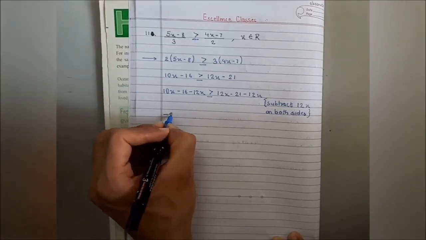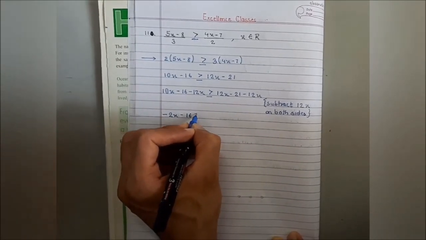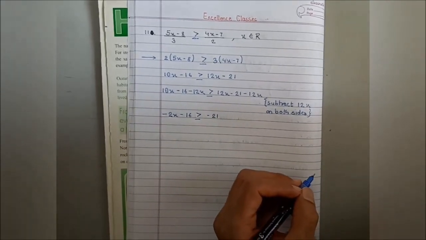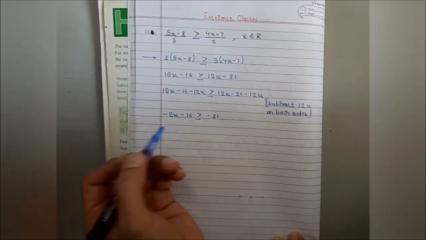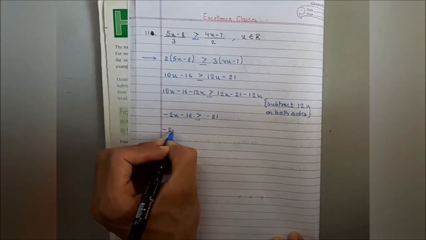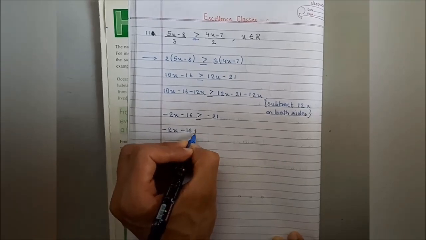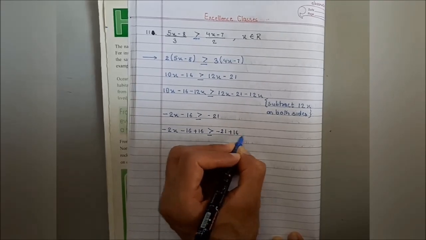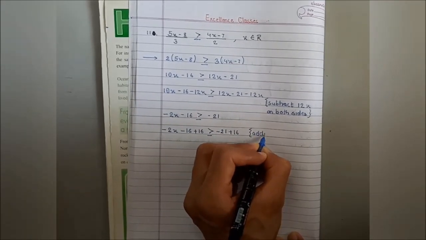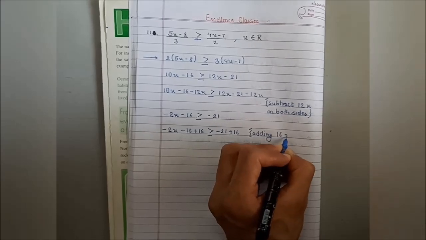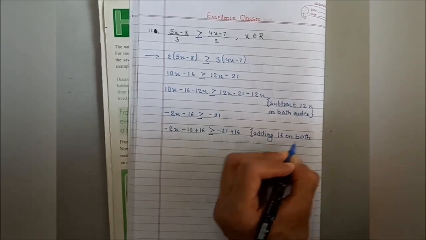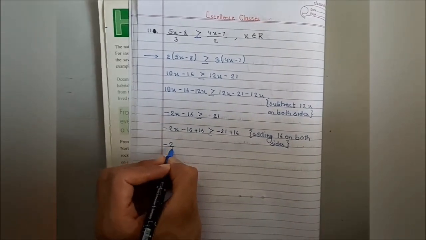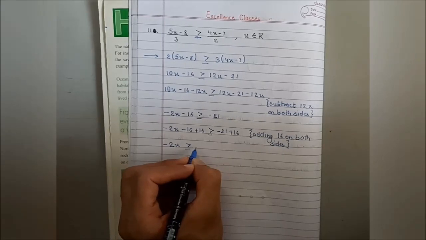So here what I get is minus 2x minus 16 greater than or equal to minus 21. Now my next step is to remove this minus 16, so I'll have to add 16 on both sides, which gives me minus 2x minus 16 plus 16 greater than or equal to minus 21 plus 16. So this gives me minus 2x greater than or equal to